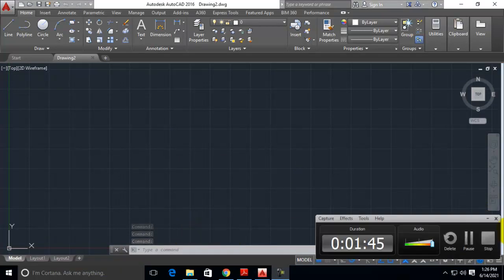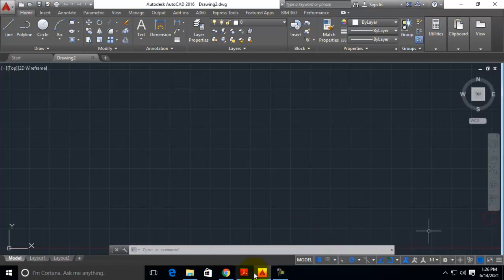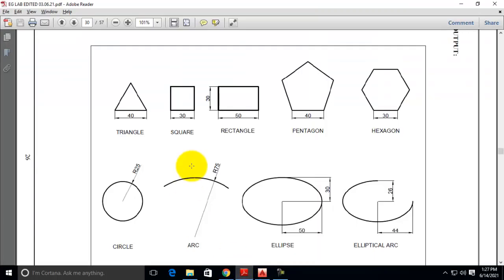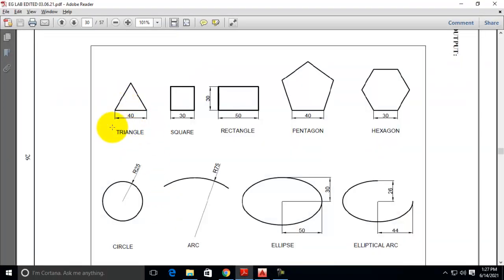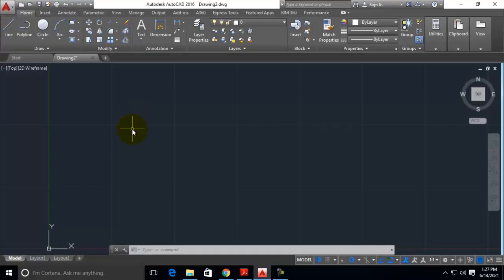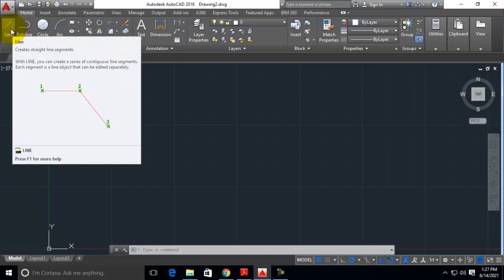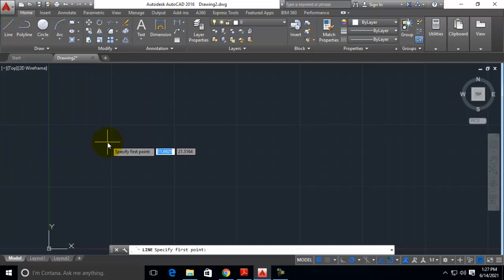Let us start by drawing one by one. First of all, this drawing is a triangle with side lengths of 40 units on all 3 sides. To draw the triangle, you can use the line command.